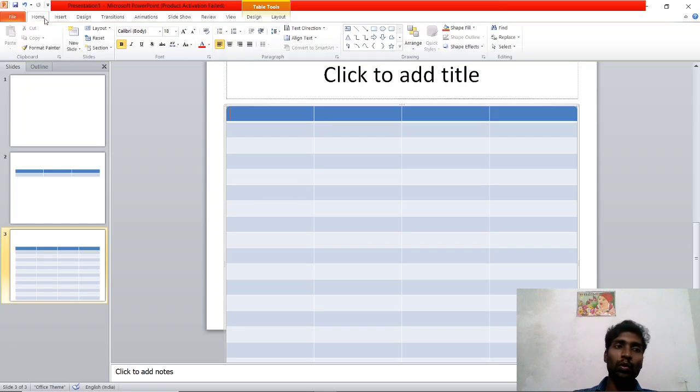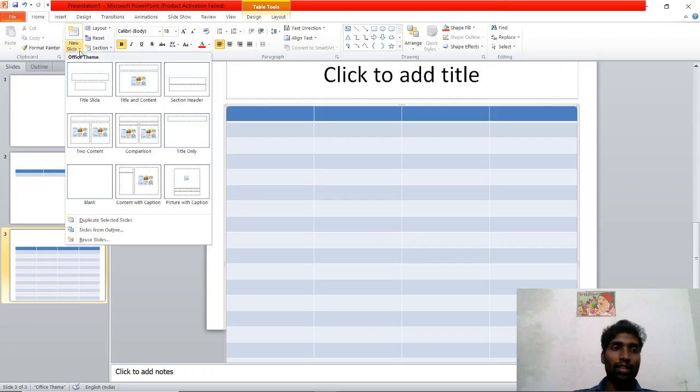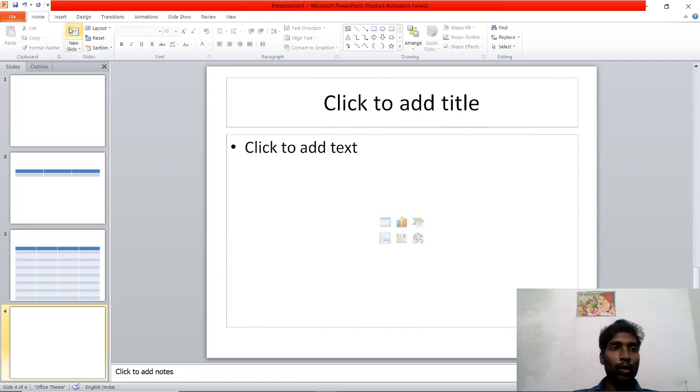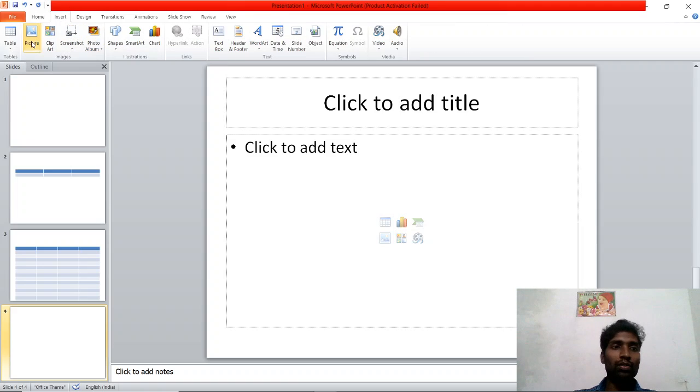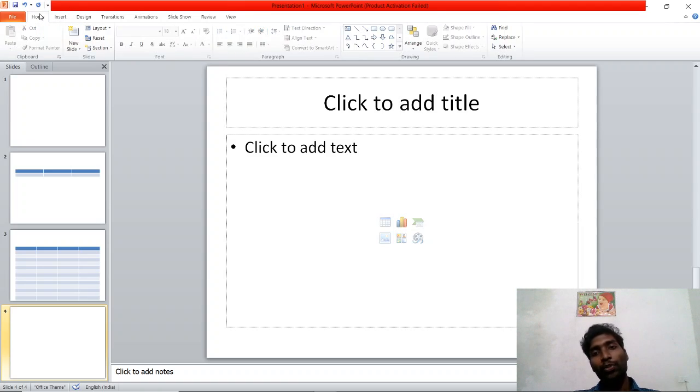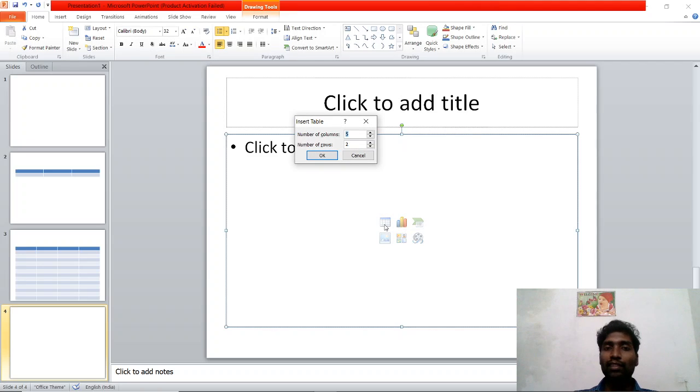Sir, I don't want to go to the Insert tab. If you are thinking, I don't want to use this option, sir, is any other option there? Yes, of course, there is an option. In a slide, in the middle, you can see this Insert Table icon. Just select. Now one dialog box is appearing.